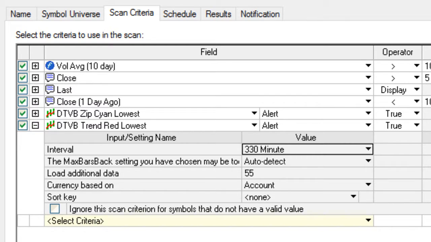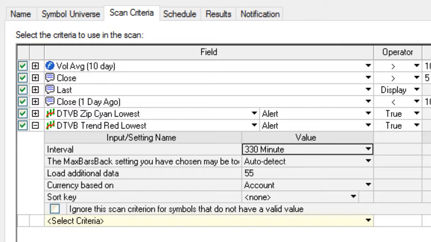And you can literally set it up for 1 minute later. And so at 3:31 your scan is going to start, and it will spit out what the last candle close is. And so basically you've got